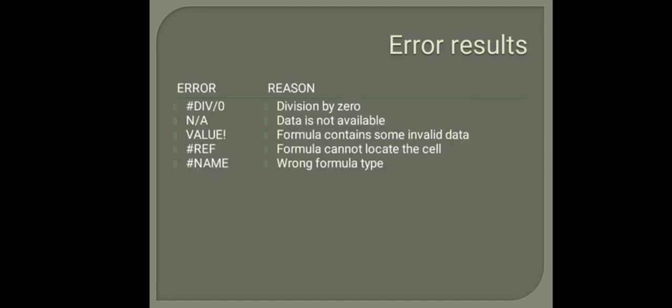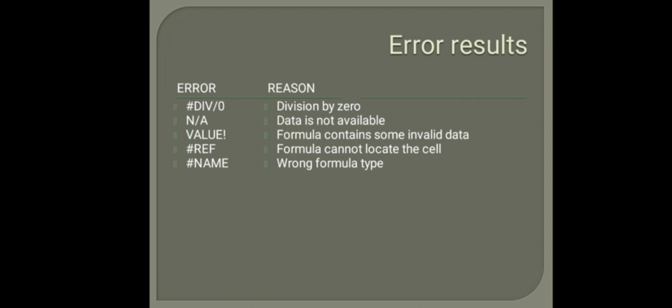Now the next is, what are the possible error results which we can see in MS Excel when it doesn't evaluate a formula? Firstly, divide by 0. This error is displayed when any value is divided by 0, because that is an invalid operation. Second is NA, data is not available.